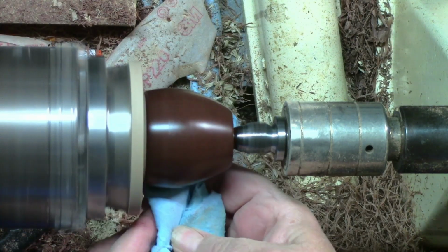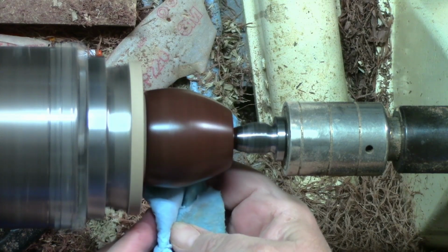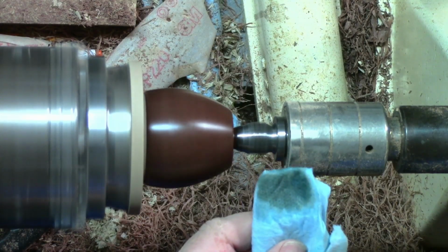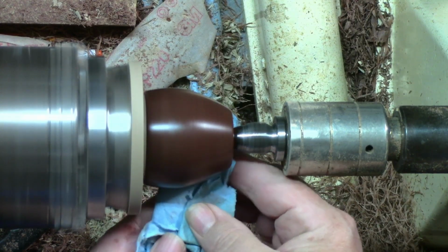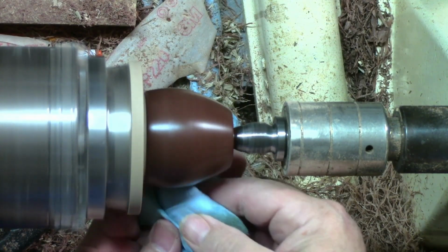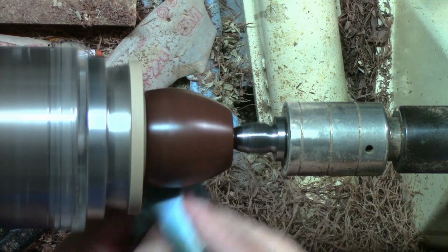And at that point, when we're rubbing that shop cloth against it, it's getting pretty warm, and basically we just turn it into a friction polish. I'll dab just a little bit more of the antique oil on the cloth, and we'll give it another coat. Take a dry piece of the towel,